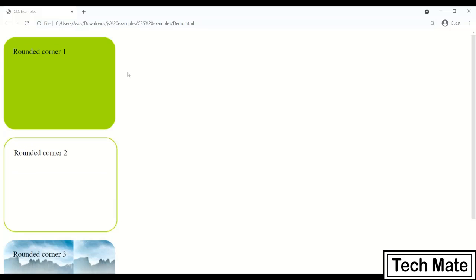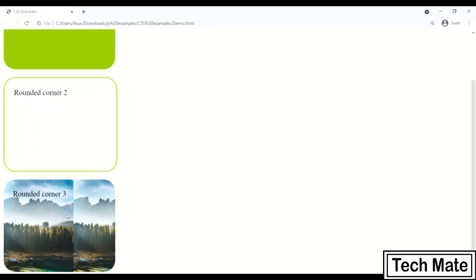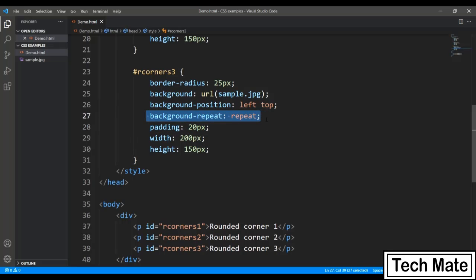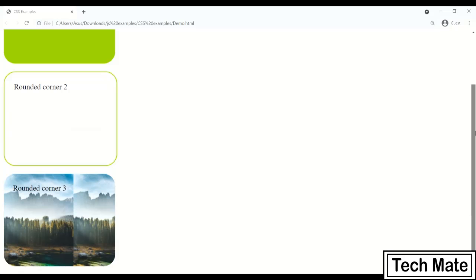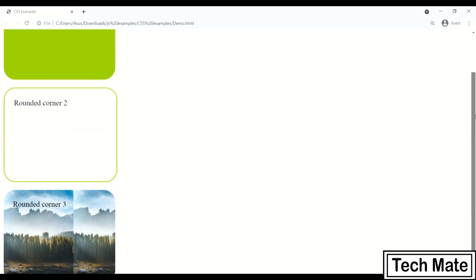This is the background color, this is the 2 pixel border with the same color, and here I have passed the image. Since the background repeat is repeat, after that it is getting repeated. So these are the things which I have applied using rounded corners.